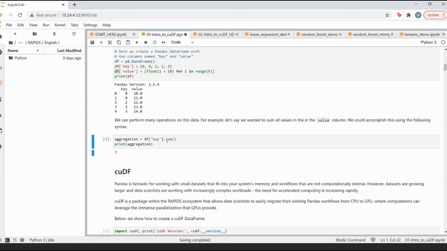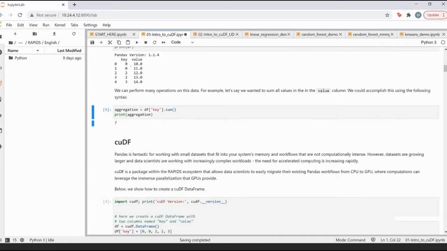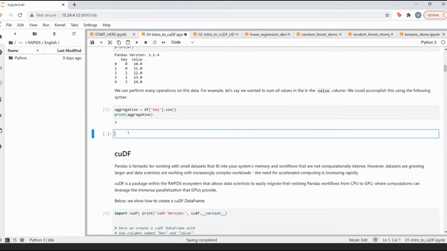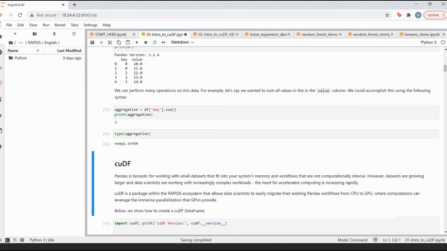Also, one point to remember is that the data type of this particular column is carried over to the output as well. Because my key is an integer, not a float, my output is also of integer type. So if I check the type of the aggregation, you'll get int64.